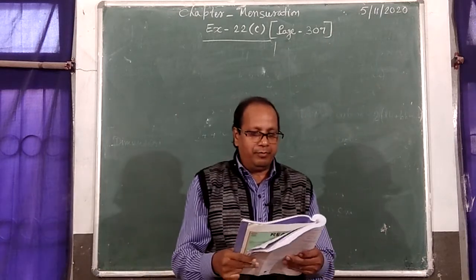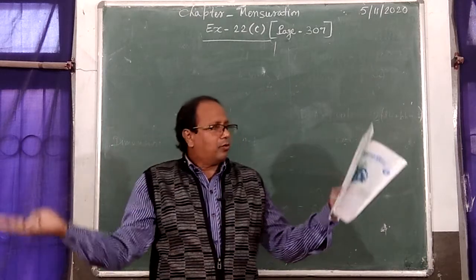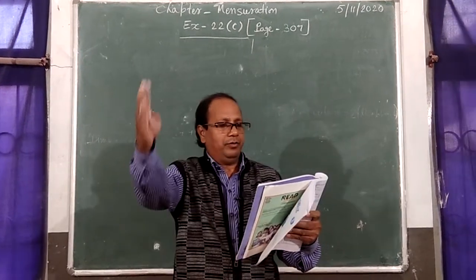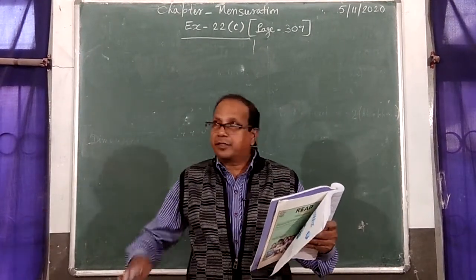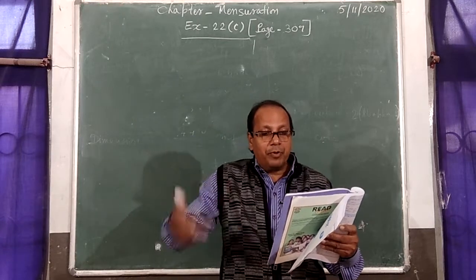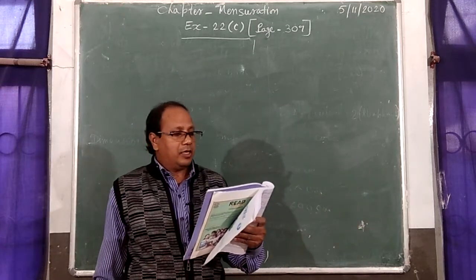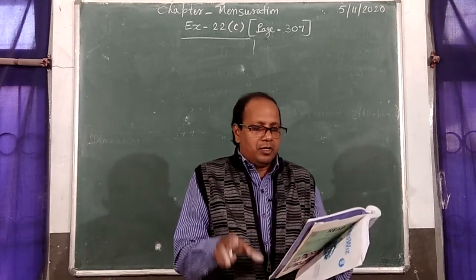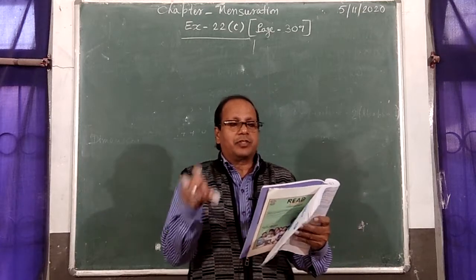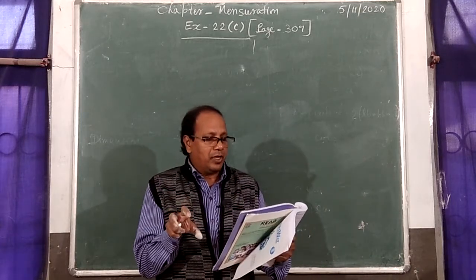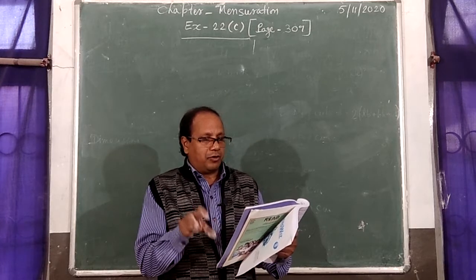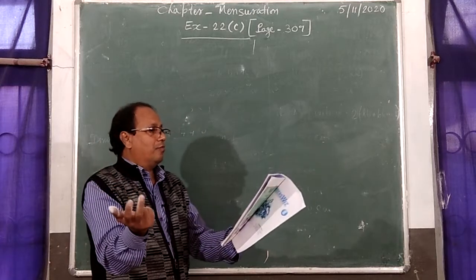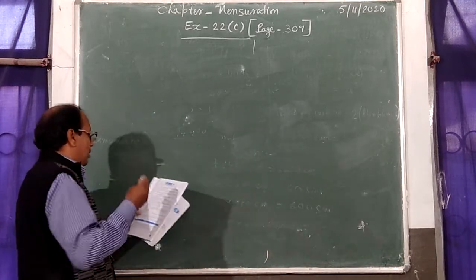For question number 5, the question is regarding like your classroom. A classroom is 12 meter long, 5 meter wide, and 3 meter high. How many people should it be used for, if each person requires 5 meter cube of air space? So we are going to discuss the number of people that can be accommodated in the classroom using each of them 5 meter cube of air space. So we need to find out the volume of the whole room, means volume of the air. So let us start.